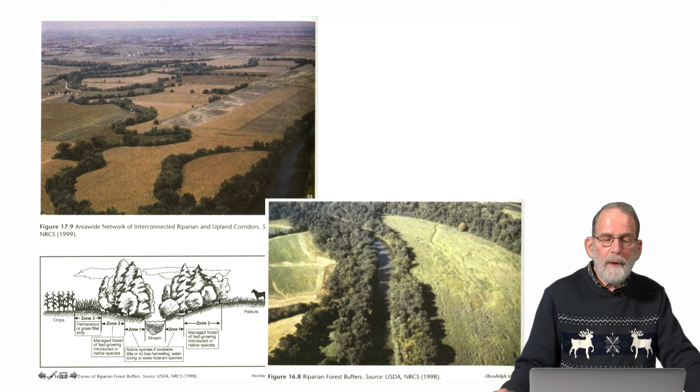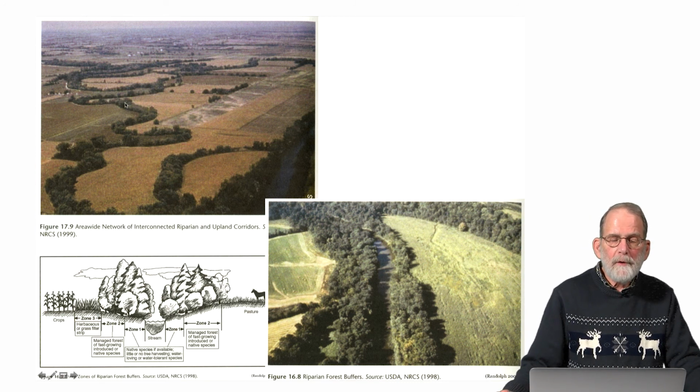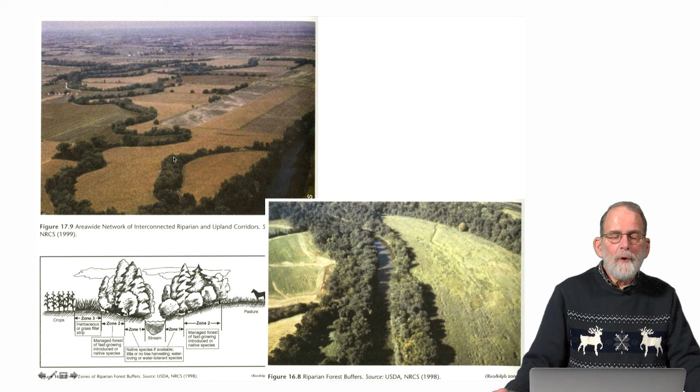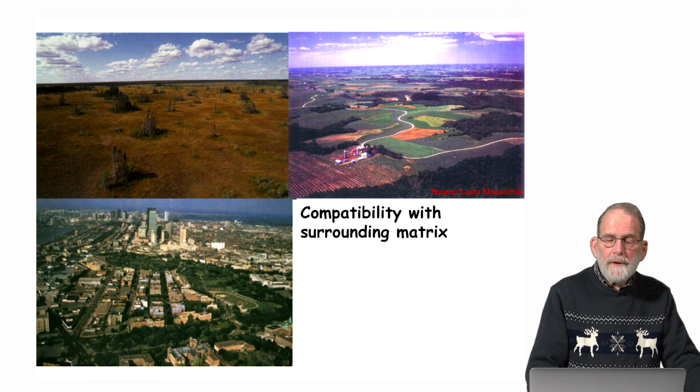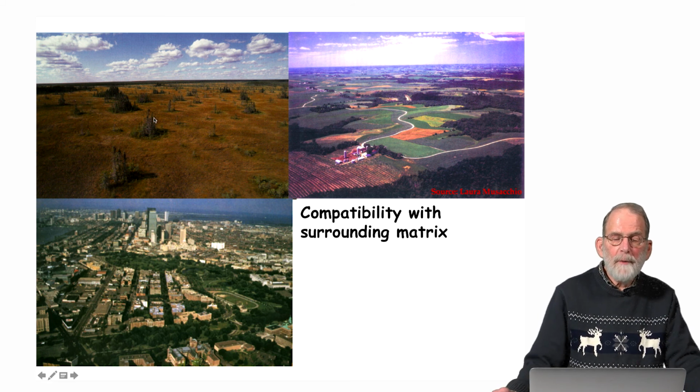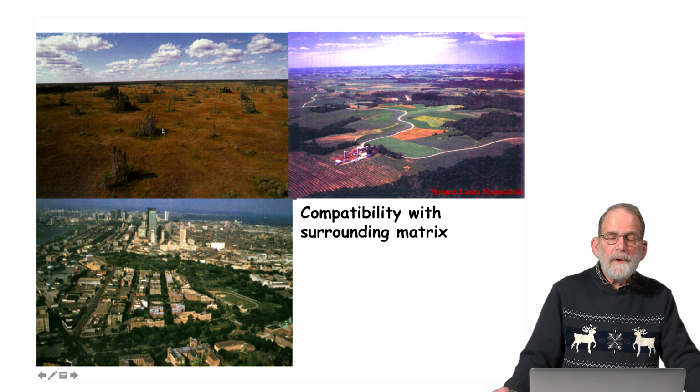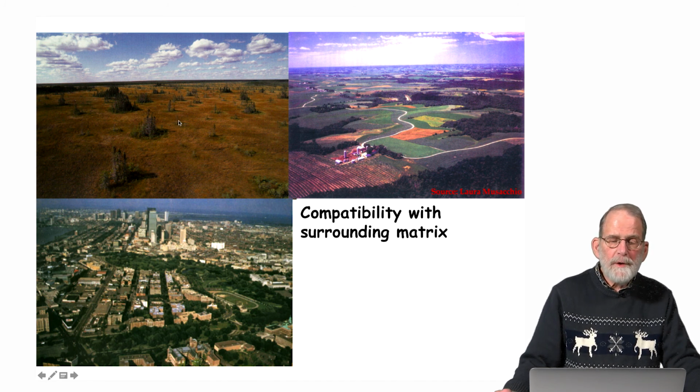And we can see then in the upper left diagram the riparian forest corridor helping to connect different patches of forest within the overall landscape. There is some circuitry, some redundancy, and it's possible for species to move from this patch to this patch through the corridor system that is defined both by vegetation and by hydrographic and physiographic patterns. And we can talk about the compatibility of the matrix with its surroundings. In the upper left-hand diagram, this muskeg landscape that we talked about earlier, we can see that the compatibility between the larch patches and the muskeg marsh is quite